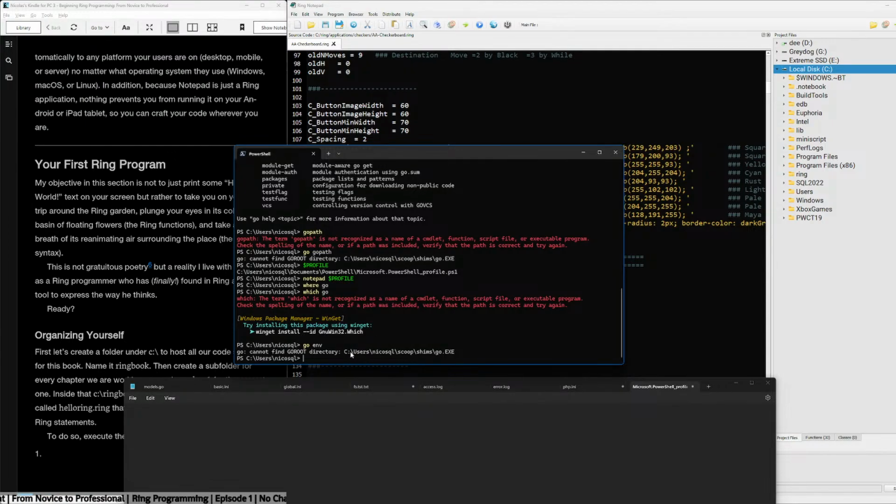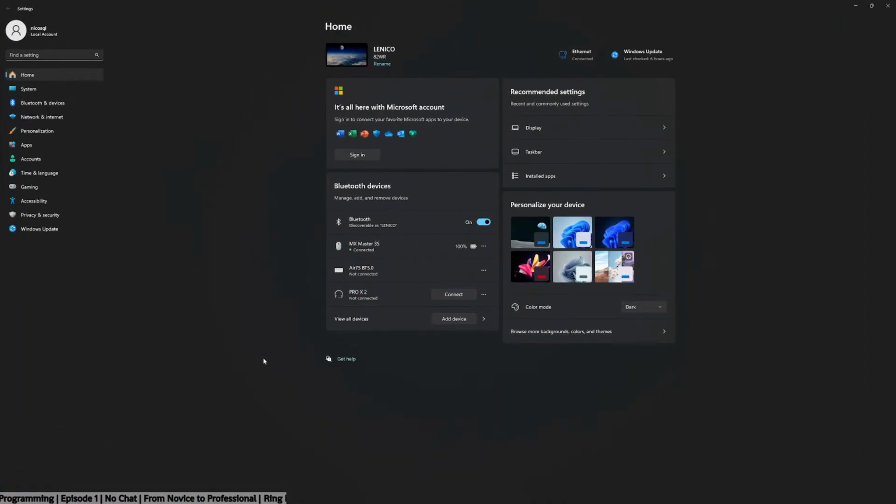So I need to add this to my path. Which I thought I did, but maybe that's because it needs to be at the system level.